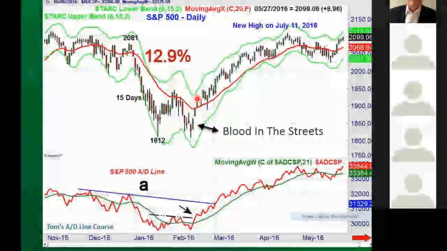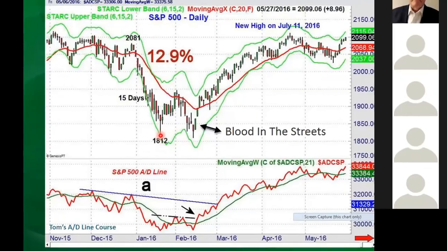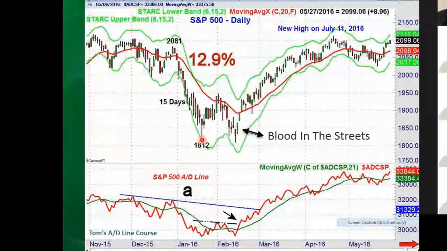So another good example is from early 2016. It was a really rough market. Late December, we were at 2081. By about January 15th, we're 200 points lower. This was extremely low bullish sentiment based on the AAII survey, I think down in the 17% range. I had to go back with my data to 2005 at that point to find a